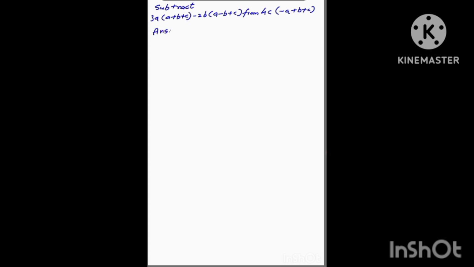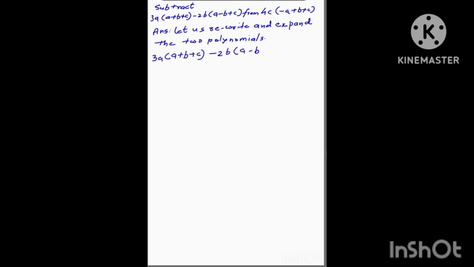Remember, this whole is a polynomial. We will rewrite and expand at the same time. So we go ahead by expanding it. We expand the two polynomials so that it is very easy to carry out the further process of subtracting. So 3a into a plus b plus c minus 2b into